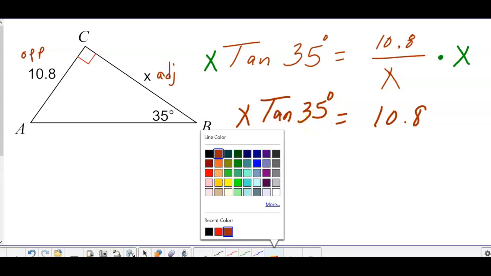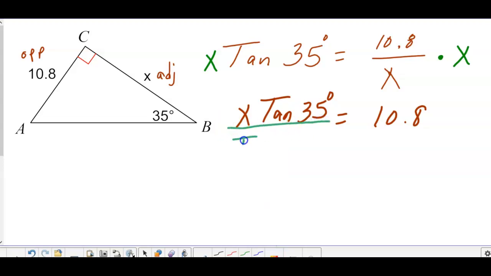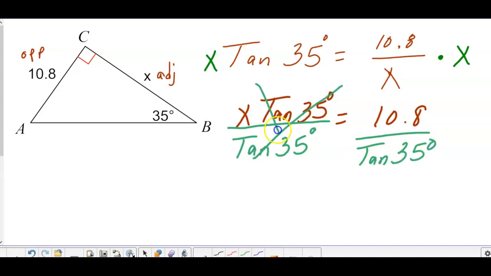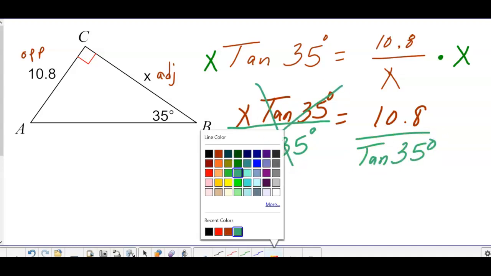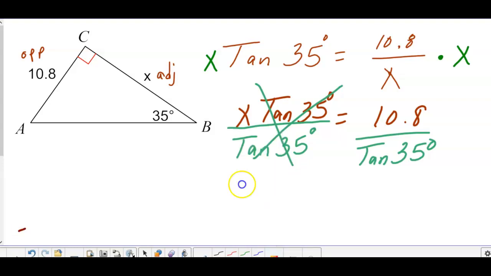So you're going to divide both sides by that number to get x all by itself. So divide by tangent of 35, divide by tangent of 35. This cancels off. So we end up with x equals